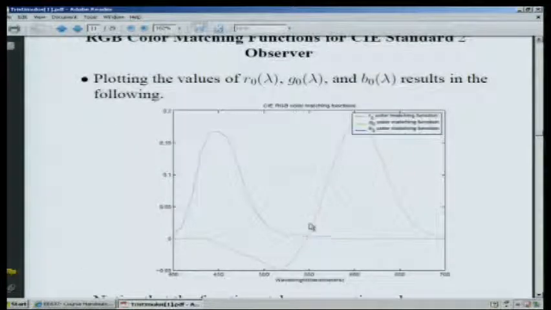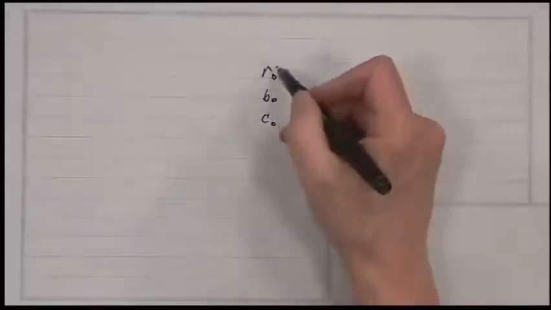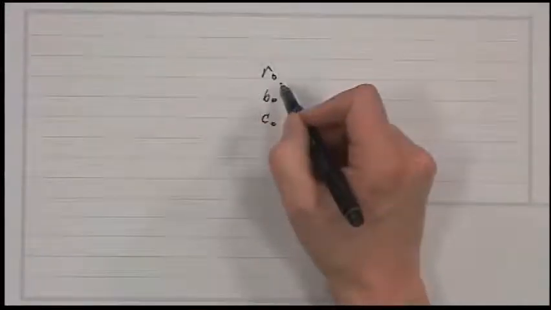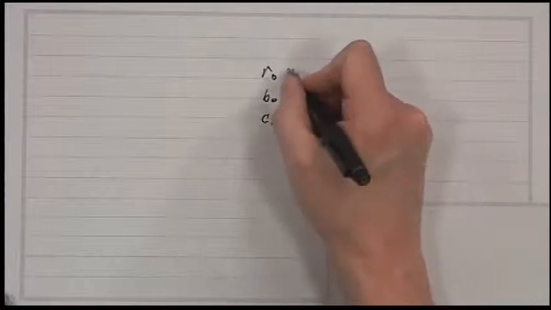So these are functions. If you take the inner product of each of these, R0, G0, and B0, so could we switch to the pad again? So if these are now row vectors, and I multiply them by I,